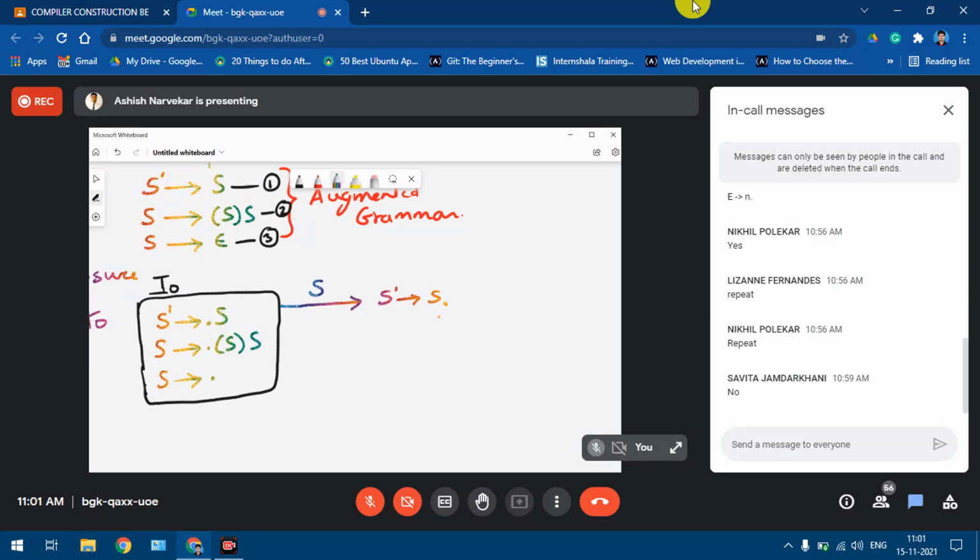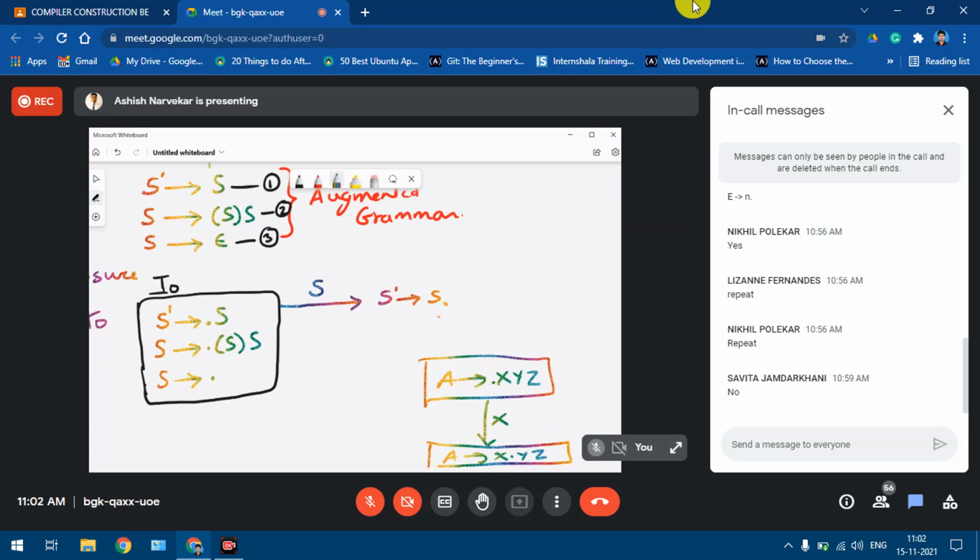Let me take the general form. Suppose A gives dot xyz is one particular state. I see that after the dot there is x, so I consider x as the input, and then I go to the next state and write A gives x dot yz.